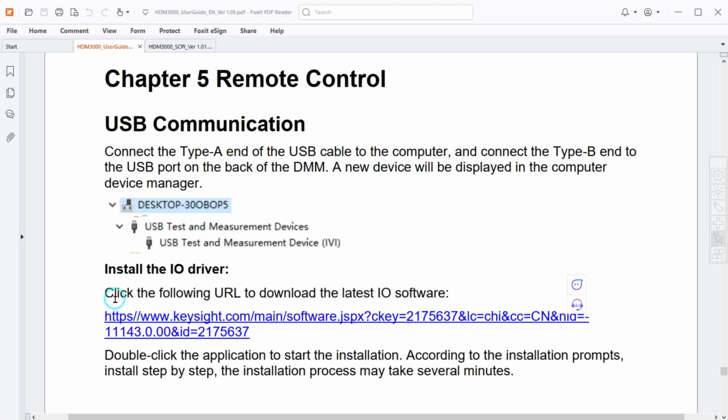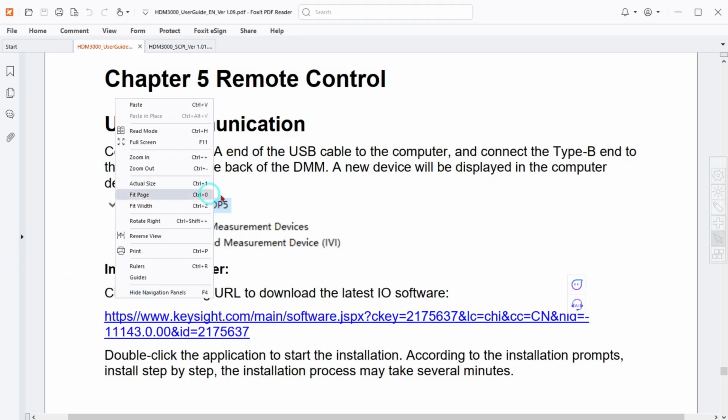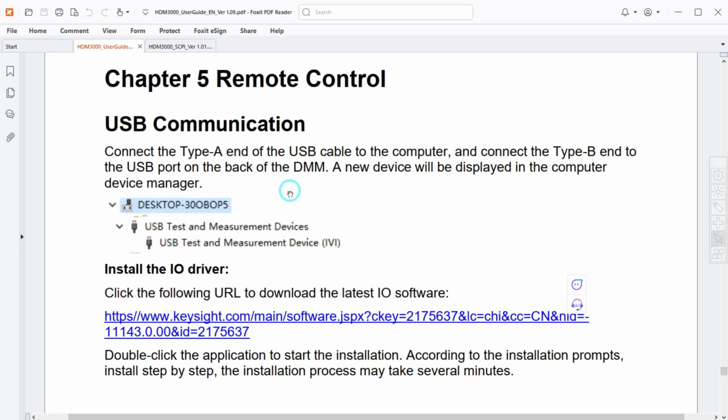Okay, so this is part of the user guide that we have downloaded from the Hantek website. We'll have a look at that in a minute. Now, the unit came in a box with no information whatsoever other than a calibration certificate and a couple of cables, a power cable and a USB cable, and that was it. So you had to download these things,